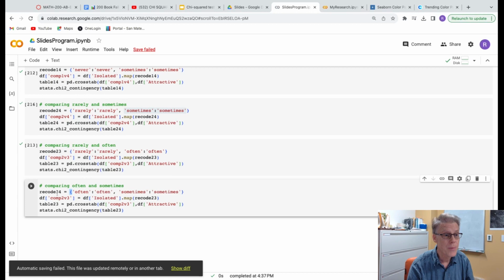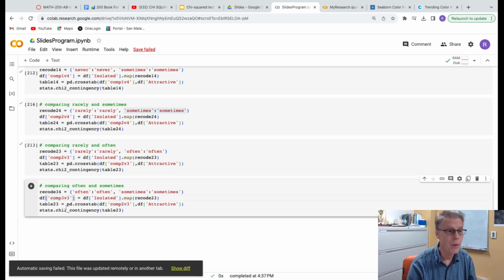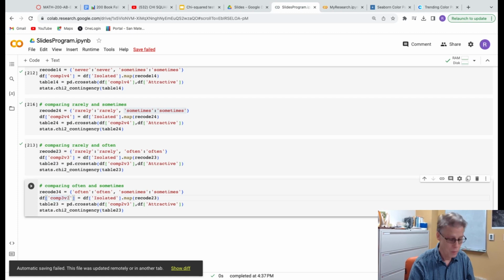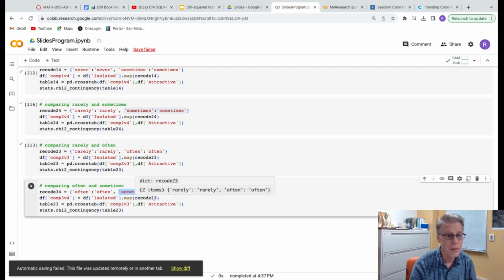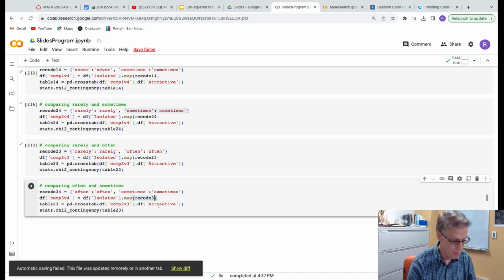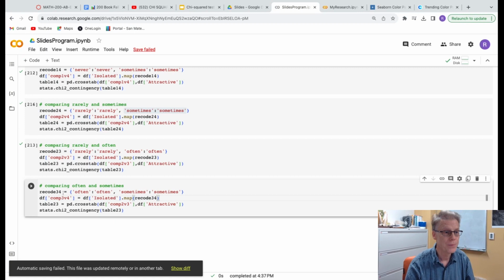So recode 3.4, where I'm going to compare category 3 with category 4. I'm going to make a whole new variable that only has category 3 and category 4 in it. It's only going to have often and sometimes. And I'm going to do that by mapping with this recode thing that I just created. So I need to make that be recode 3.4.